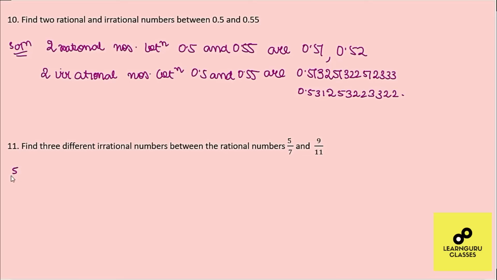Let us do as rough work. 7 sevens are 49. So 7 ones are 7. 7 fours are 28. So 5/7 is 0.714, okay, is one decimal expansion, and 9/11, that is